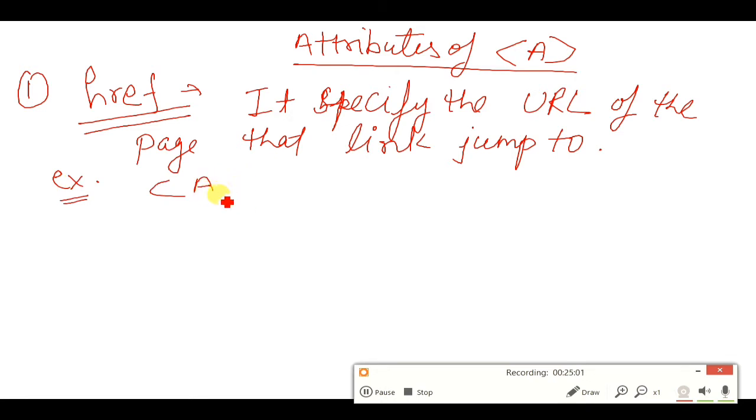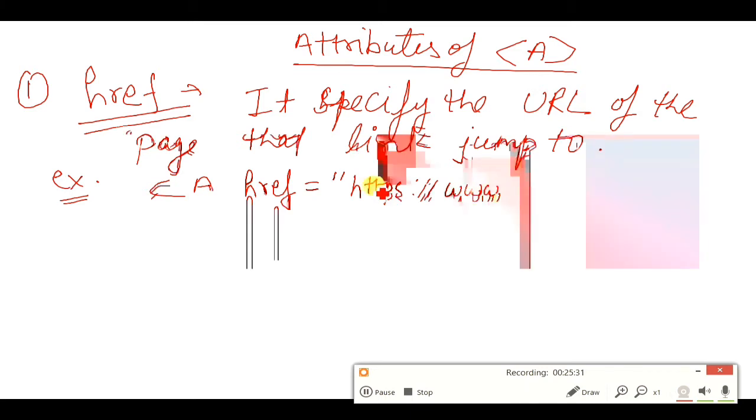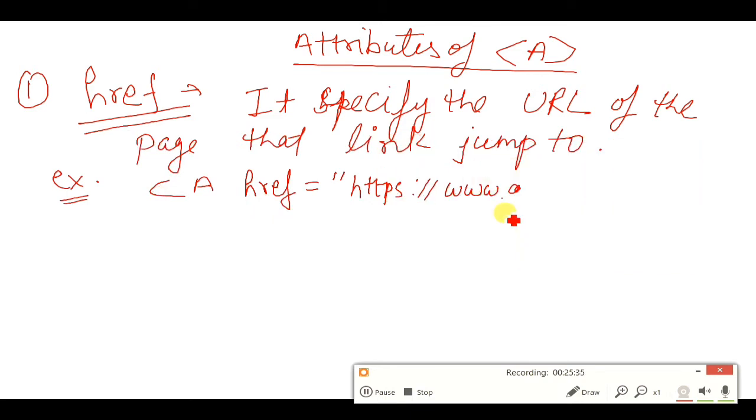An example is the anchor tag, then href equal to double quotes, and inside the double quotes https://www.google.com.